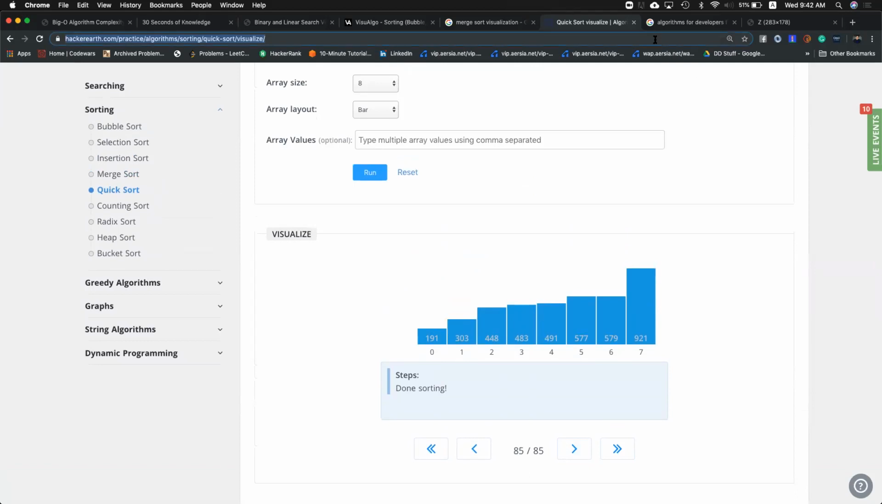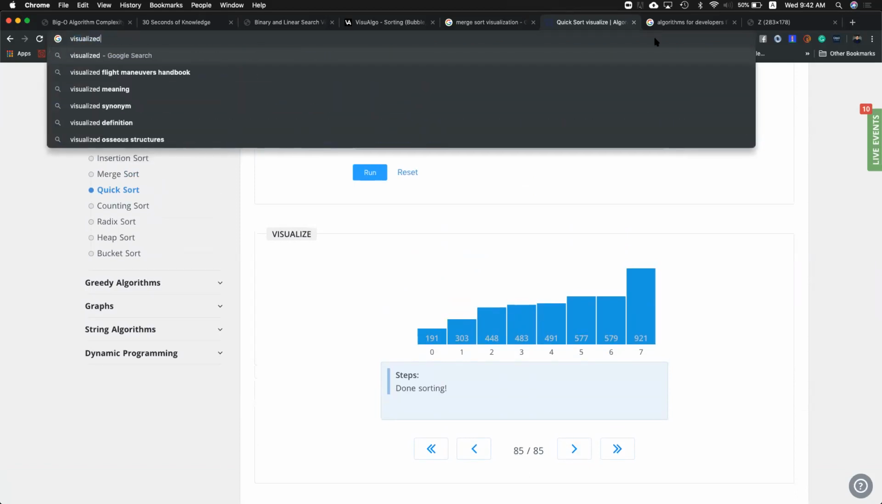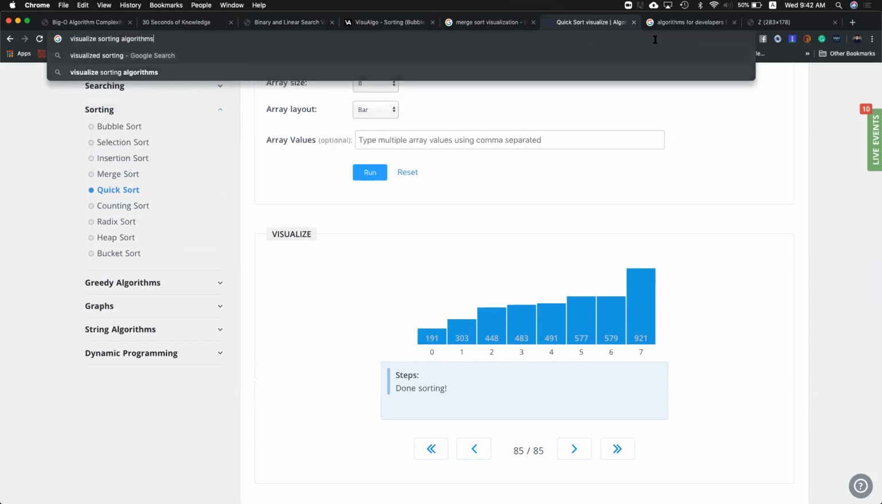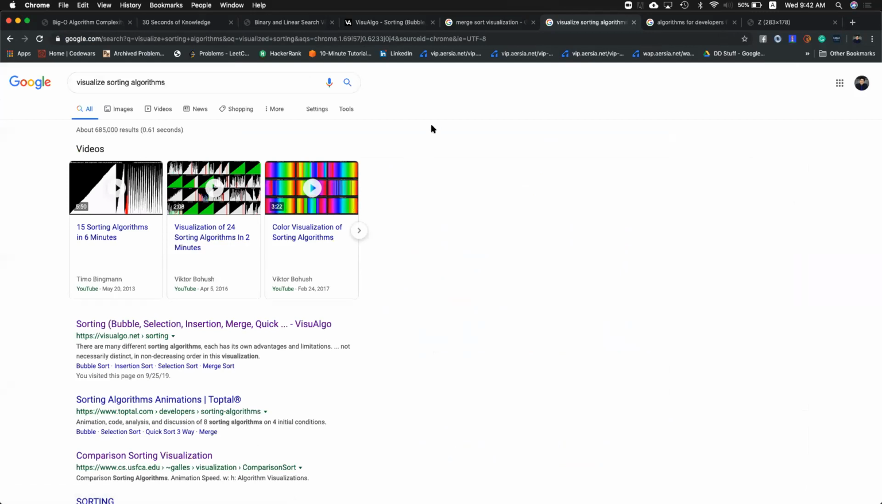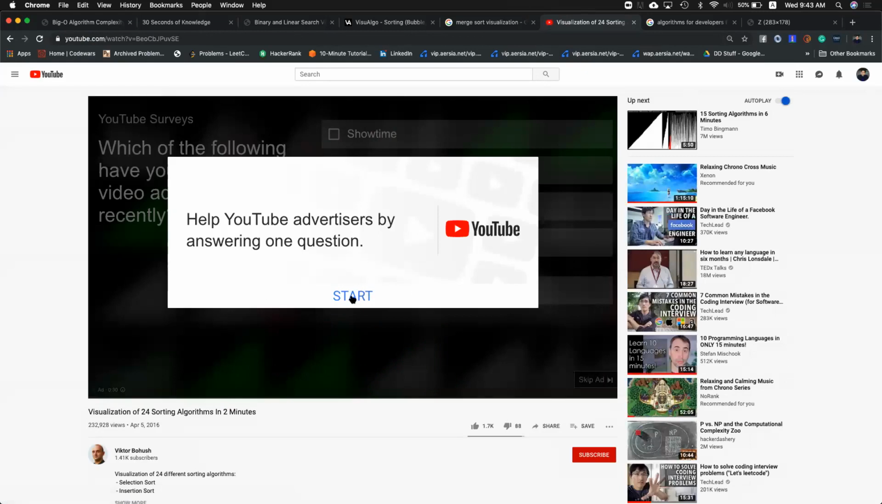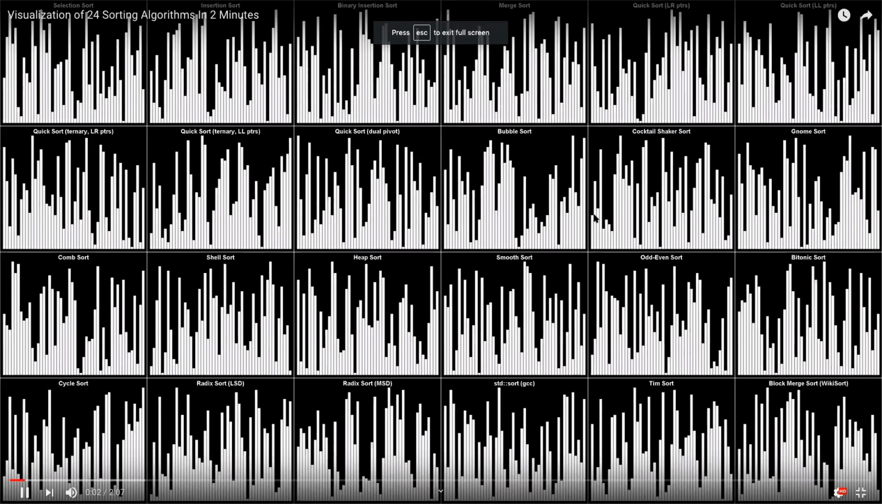Let's see, do we have a visualized sorting? Let's see, let's put the volume down. I think it has a volume. Okay,